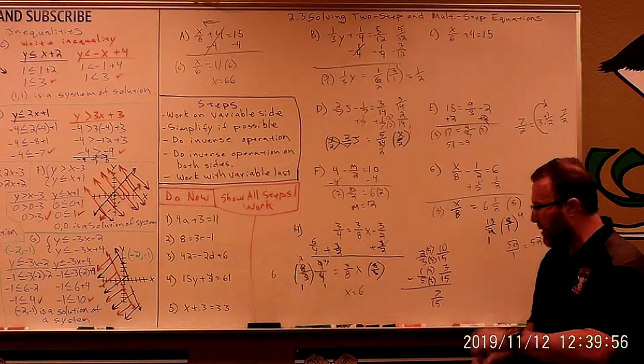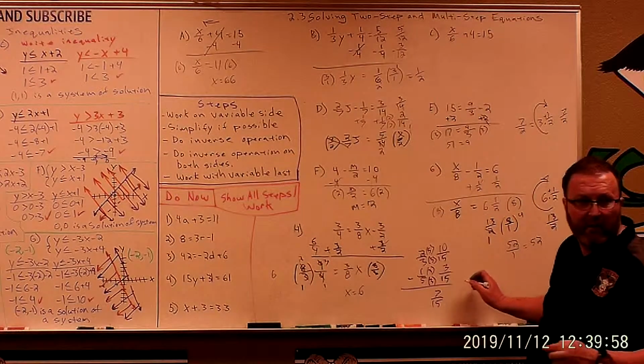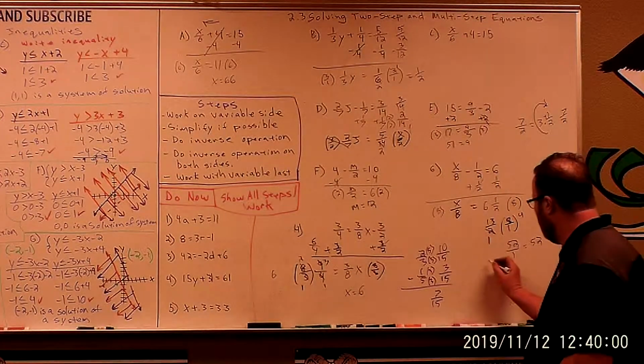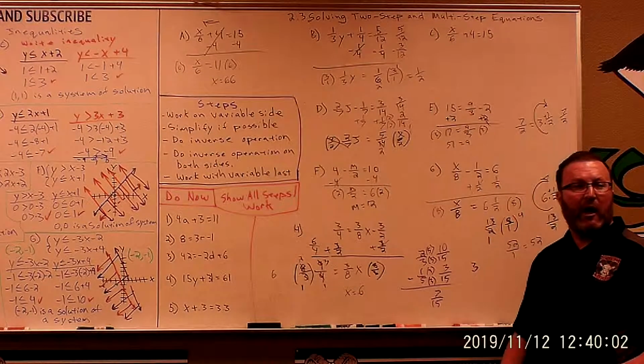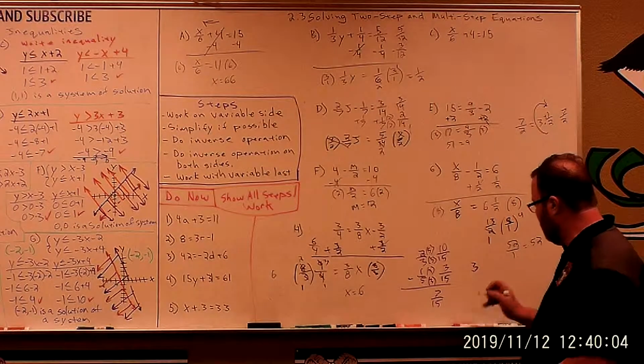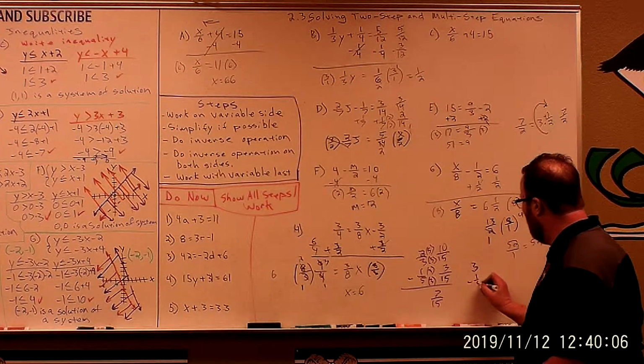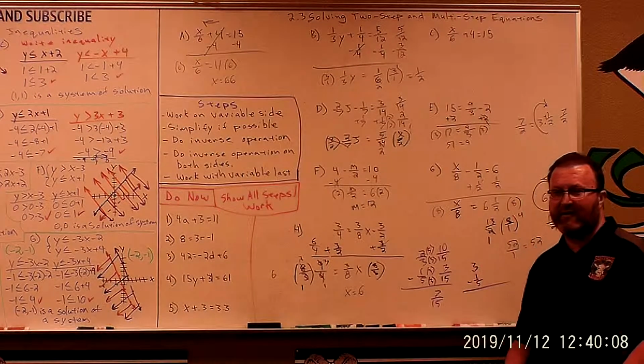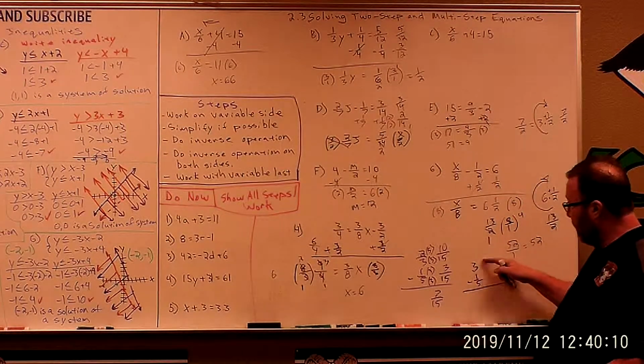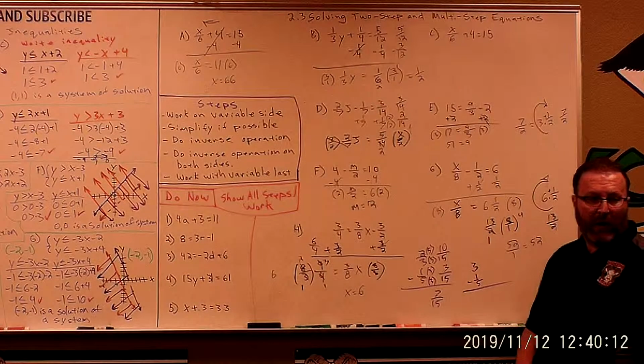Now I want to show you one last thing. Let's say we have a whole number. Let's say we have 3. Bach just gave it to me. Bach loves that 1/5. He's like, let's knock this out. So we're 3 minus 1/5. I'm going to show you a quick little